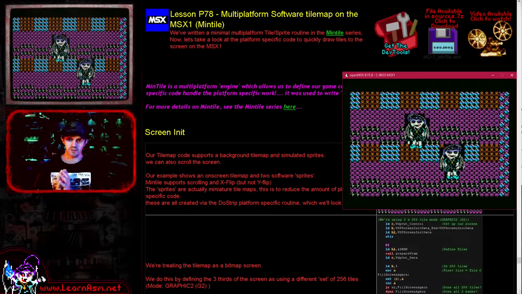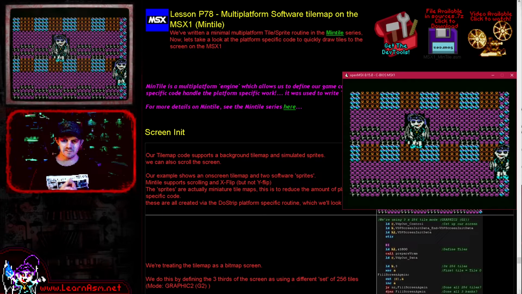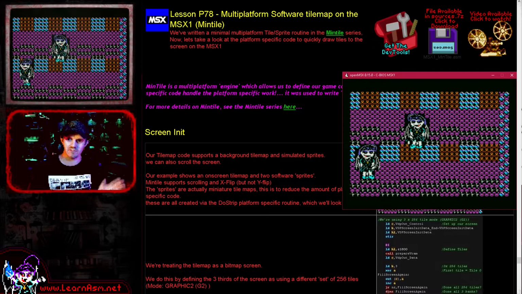Now, a couple of things it's important to point out. The sprites are simulated. They're not being done with the hardware sprites. That's because it allows us unlimited size on various systems. This was designed as a multi-platform solution, and these characters are too big for the MSX sprite capabilities, so by using the tile map we don't really have that problem. Now the other important thing to notice is we're actually using the bitmap mode on the MSX1